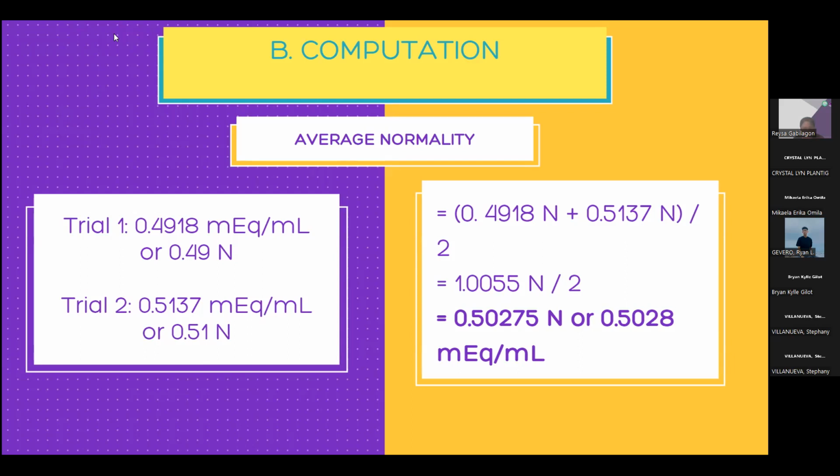For the average normality, we got this result by adding the normality of trial 1, which is 0.4918 MEQ, and trial 2, which is 0.5137 MEQ, and dividing it by 2 in order to get the final result with an average normality of